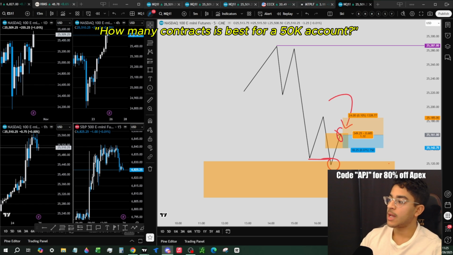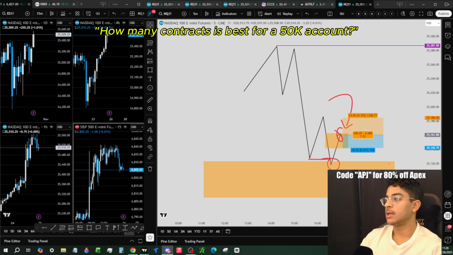So I would say on a 50K, the right size to trade is 1 mini at max. Like if you really have your edge down, you backtested it, you understand your expected value, 1 mini is good. It only takes 10 days of $250 a day to get a payout on a 50K, right? You make about 2,600 bucks. You can withdraw 500. So if you can be consistent for 2 trading weeks, right, 10 days of trading, you can essentially get a payout, right? But most people never get a payout.